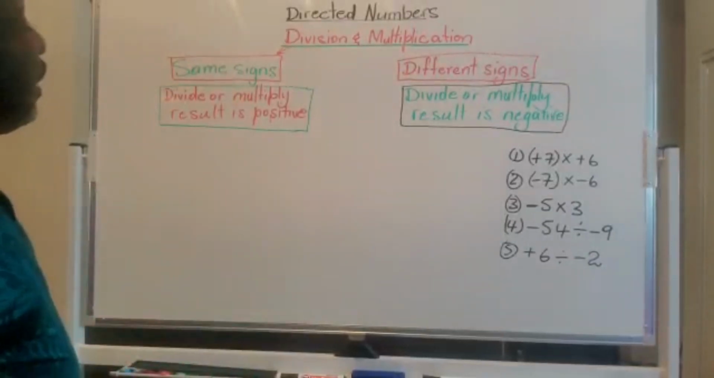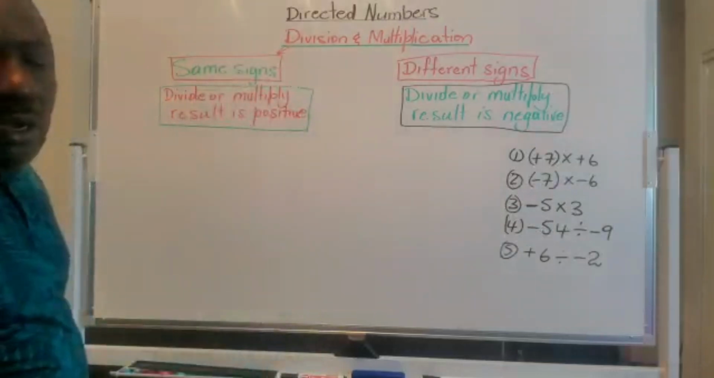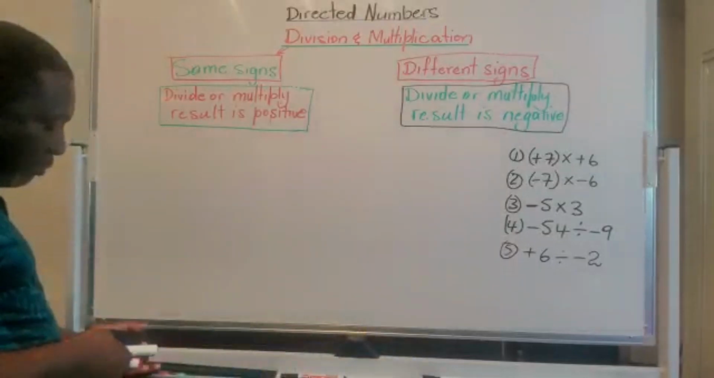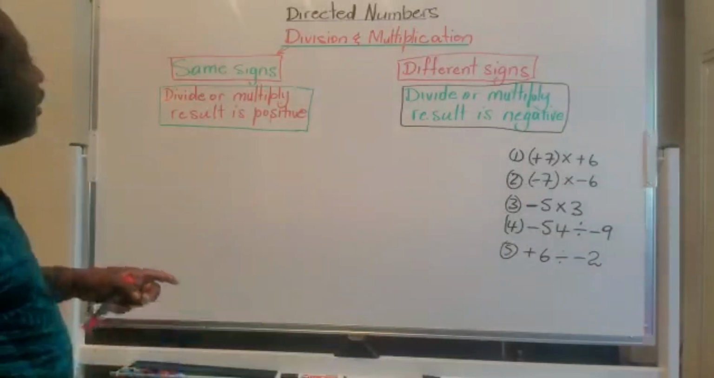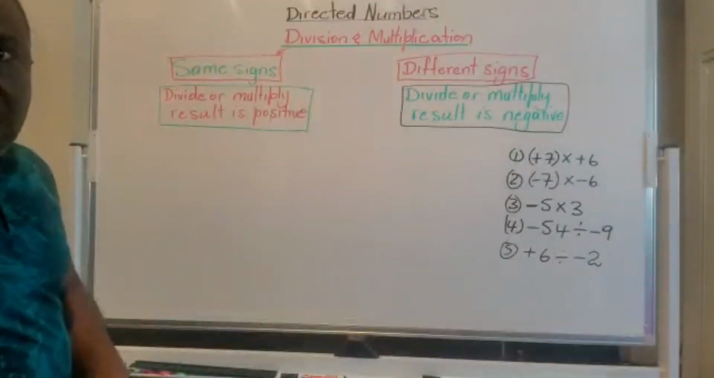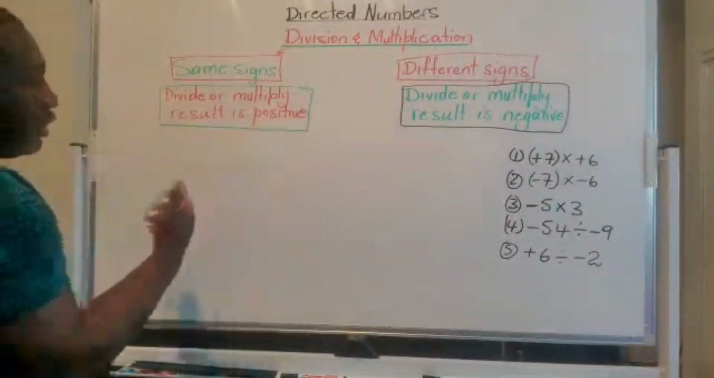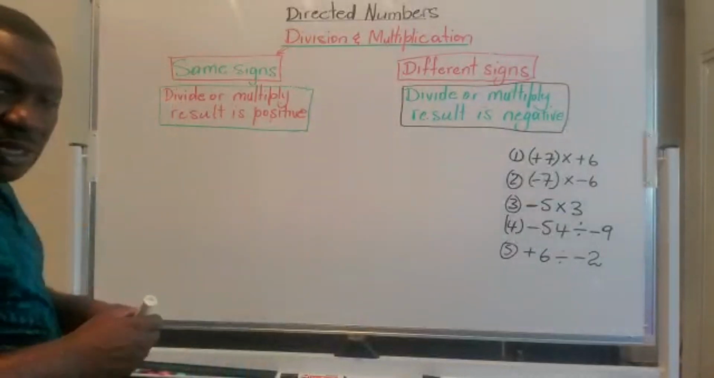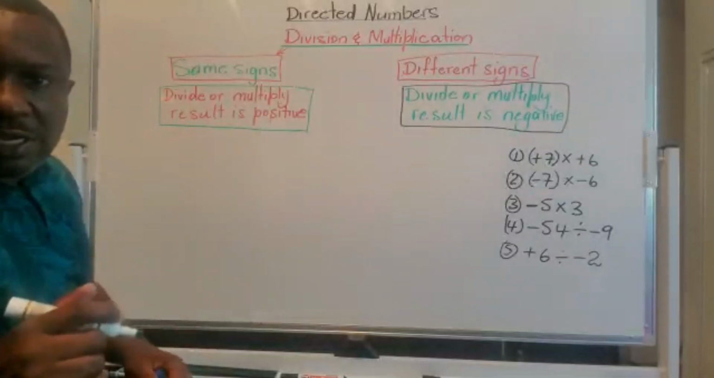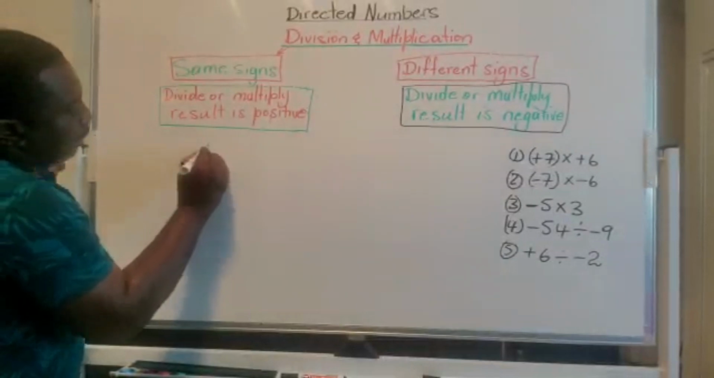Now tonight we are moving a little further in this lesson. I'm looking at division and multiplication of directed numbers, negative and positive numbers. Now I use this diagram as an illustration where it says here, same signs being multiplied or divided, the result will be positive. So I'll use this bit of information to create my equation, which means a positive